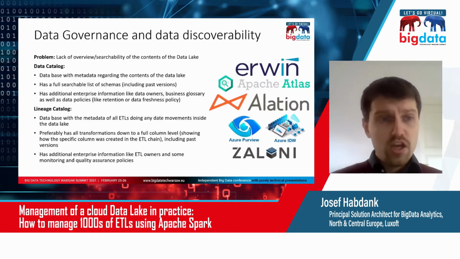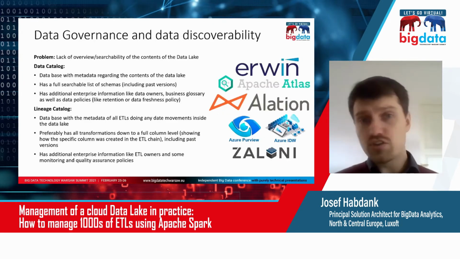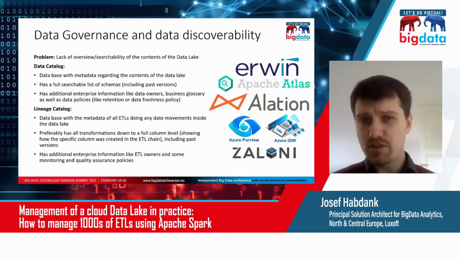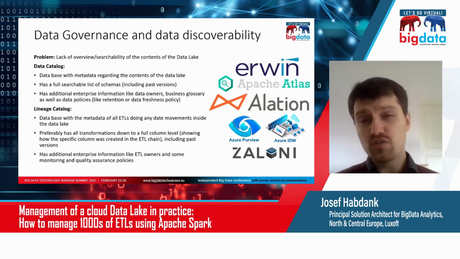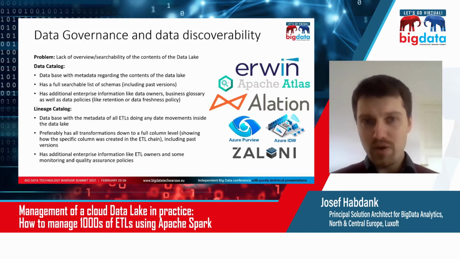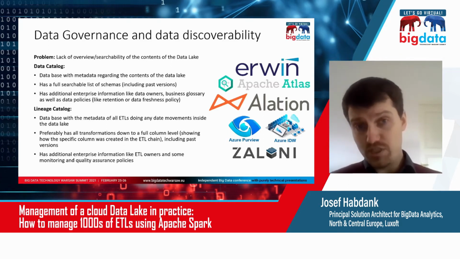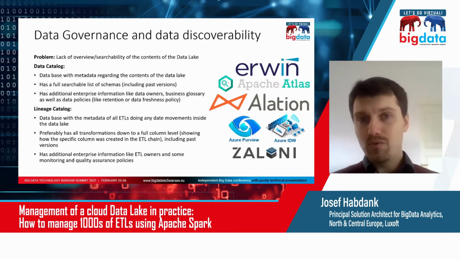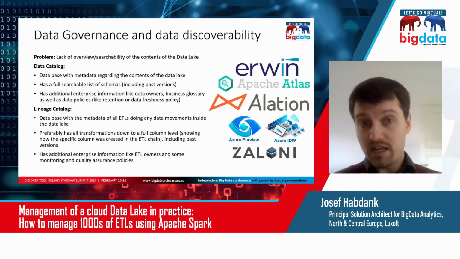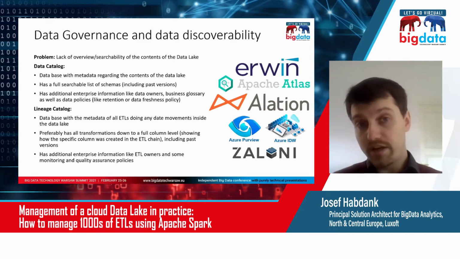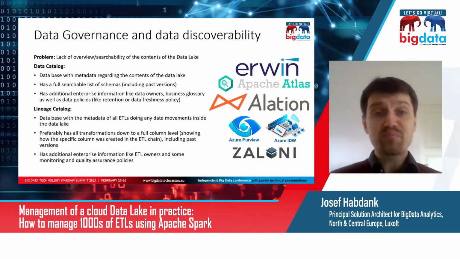So now let's go through one by one how we tackle this in the framework that we built using Apache Spark. First thing is data governance. For those of you who don't know what a data catalog and lineage catalog is, I mentioned it briefly. It's basically a database that has information on what data you have. That means metadata, meaning schema, what kind of tables you have, what kind of columns there are inside, how this table evolved over time. What are the different versions of this table? How did it look one year ago? How does it look right now?